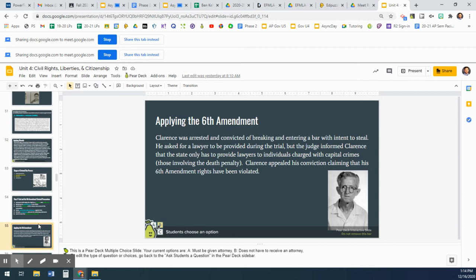This is a real case, right? So where Florida tried to deny Clarence Gideon his right to a lawyer and said that they would provide a lawyer for murder trials, but no other types of trials. Should the state of Florida have to provide a lawyer? The Supreme Court said yes. All criminal crimes, like criminal court proceedings, are subject to having to provide a lawyer. So even states now have to provide lawyers for all crimes if they cannot afford one.